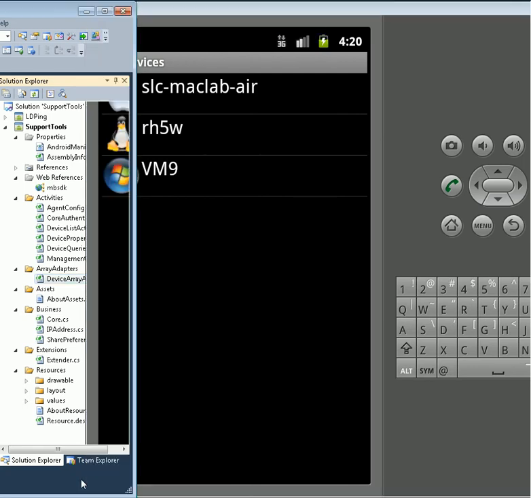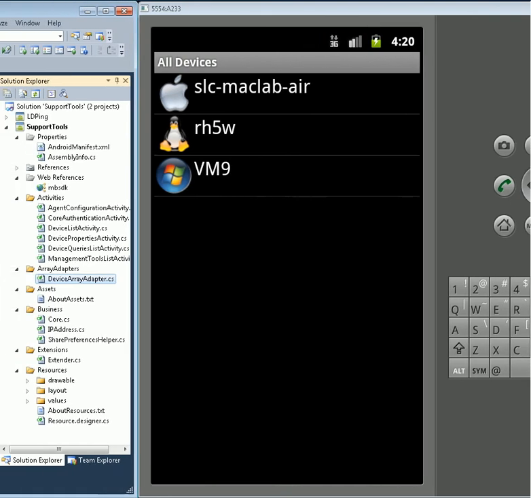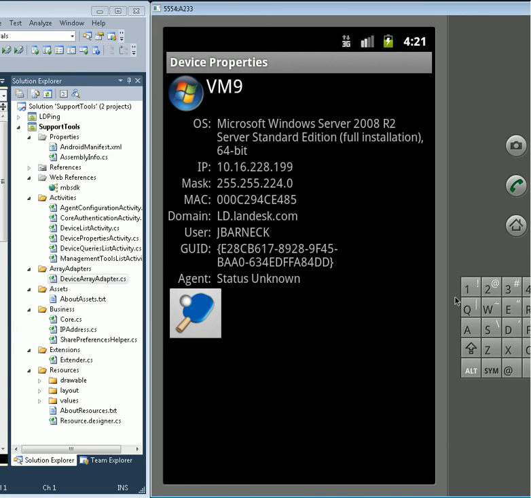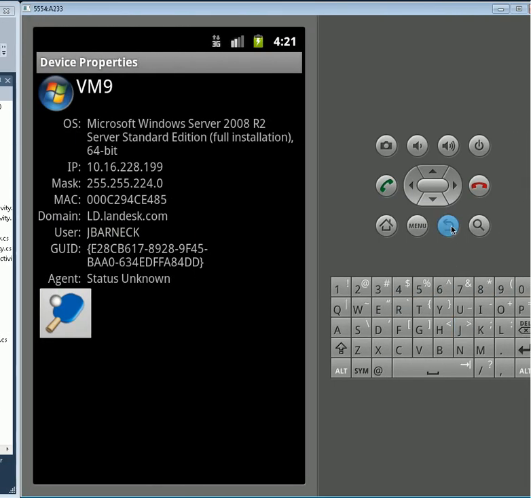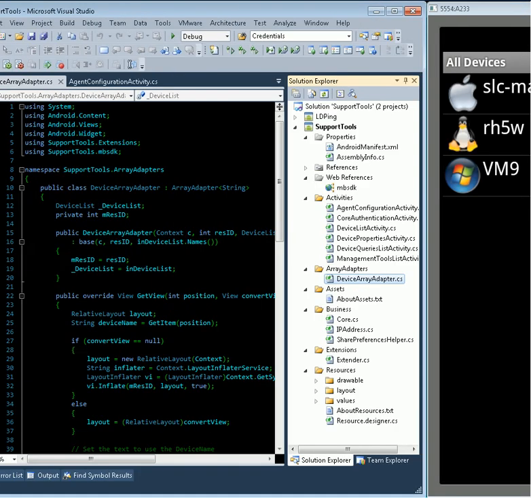It goes and connects to this device array adapter, which actually has code to display the correct image based on the type of device. And so this device is a Windows device. This device, sorry, I guess I shouldn't click on it. This device is a Linux device, a Mac device, and the image. So if we go look at this array adapter,